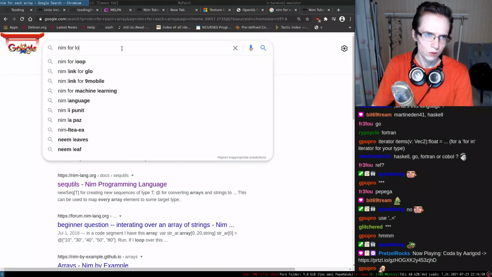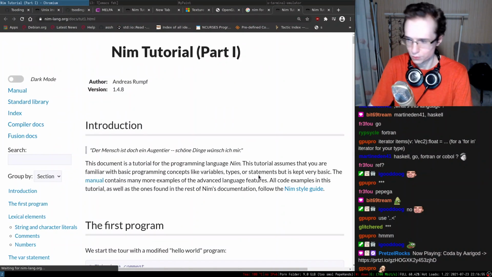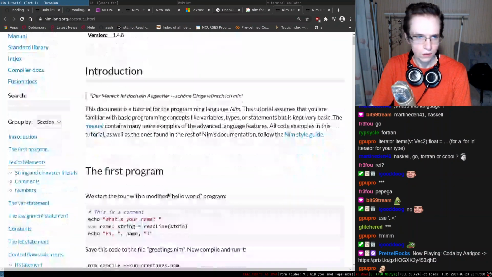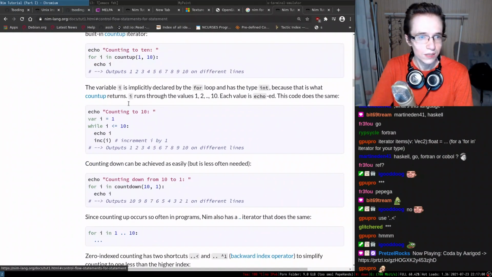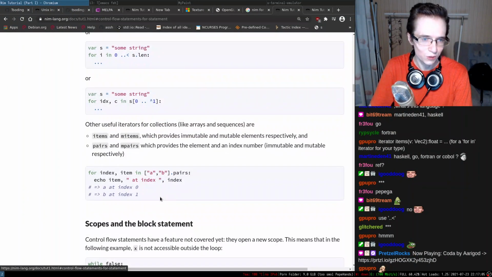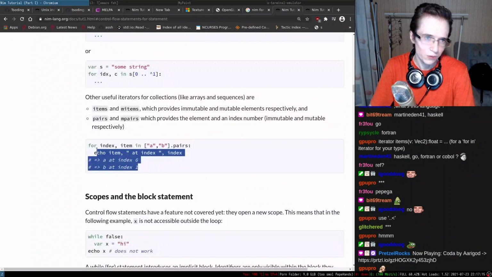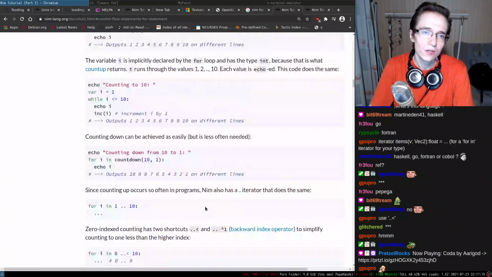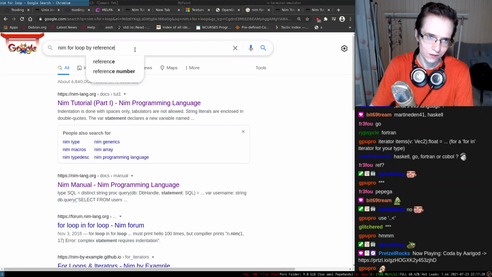All right, so for loop, I need all of the possible examples of for loop. So for statement, you can count it like that. It's an interesting language, but it doesn't have enough examples. So we can iterate it like that. This is the index, this is the item, scope, and I suppose that is it. Right, for loop by reference.